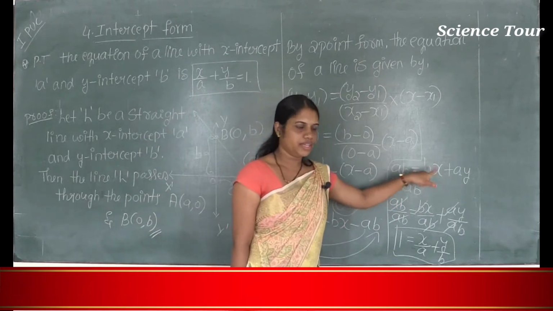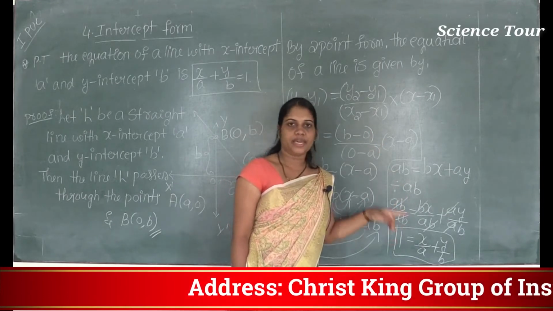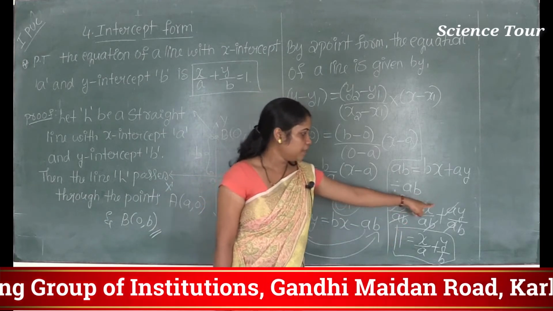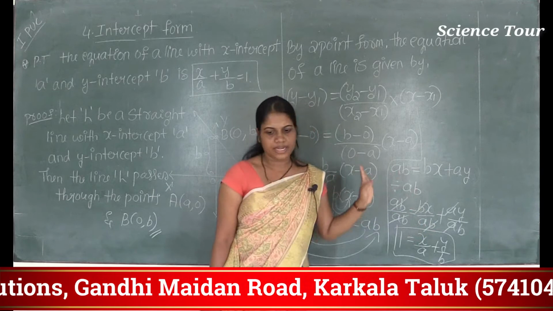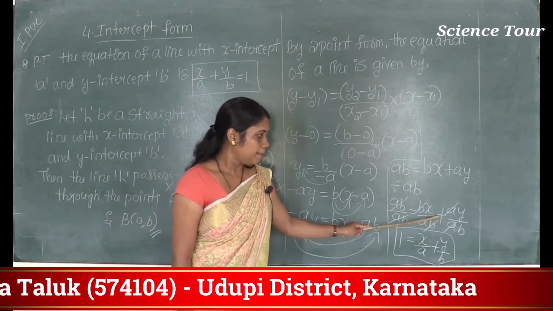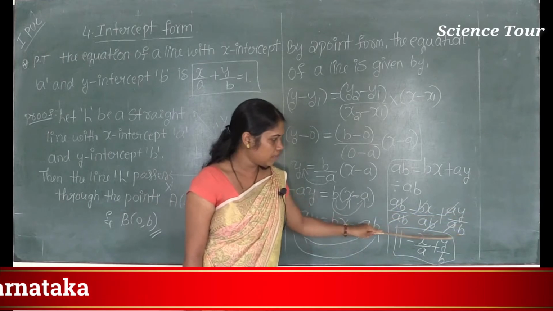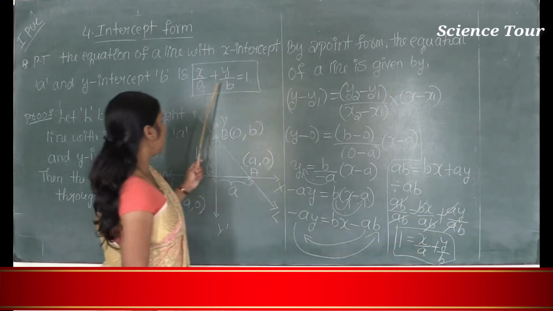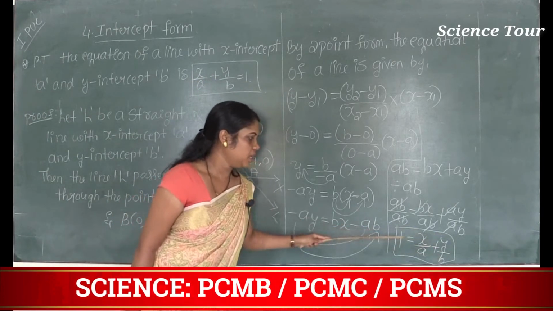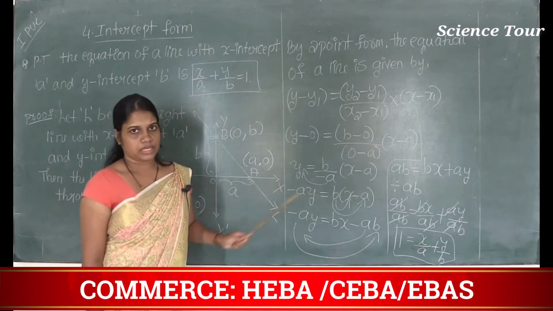Okay, see here, divide each term by ab. So on the left hand side you have ab; ab by ab will get cancelled, so you will get 1 on the left hand side. Next bx by ab, here b and b will get cancelled, so which term remained? x by a will remain. Plus again ay by ab, a and a will get cancelled, so you will remain with y by b. So this is actually what we have to prove, right? x by a plus y by b equal to 1. So this is also an important proof. Okay. Write and practice.